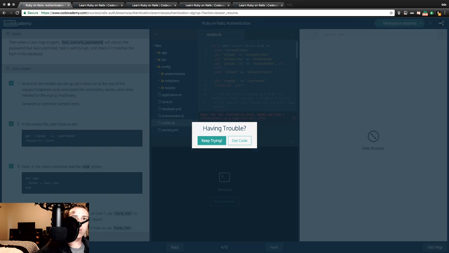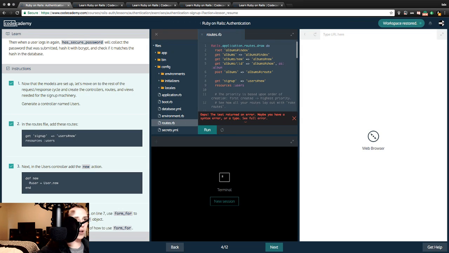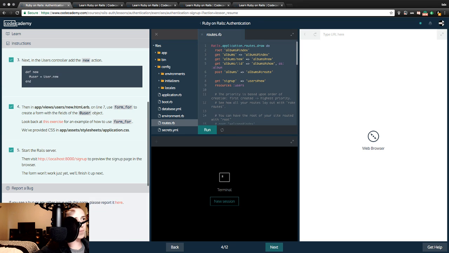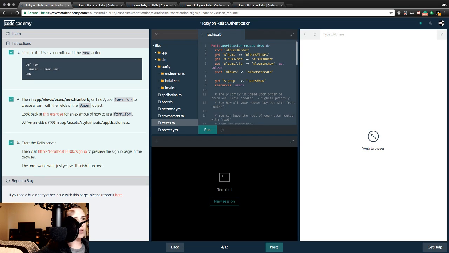Everything will restore. Workspace restored right there in the upper right. Beautiful. We're closing that. So, in the routes file, add these. Checkity check. And they add them below the post, but that's fine. Nevertheless, still added. 3. Next in the user controller, add the new action. Define new, at user equals user new, end. 4. Then in the apps views user new.html,